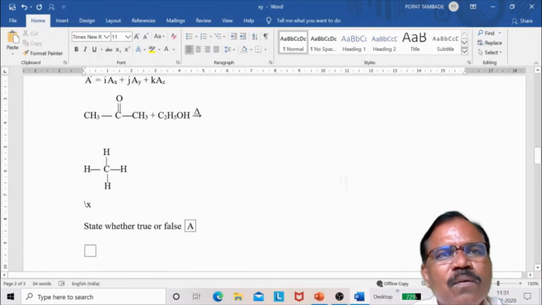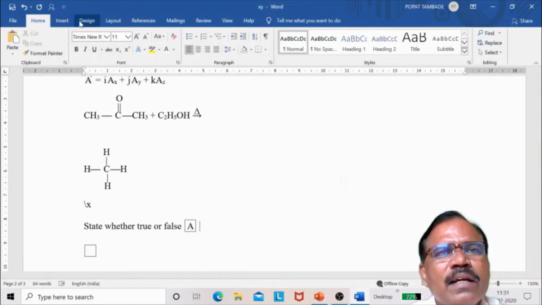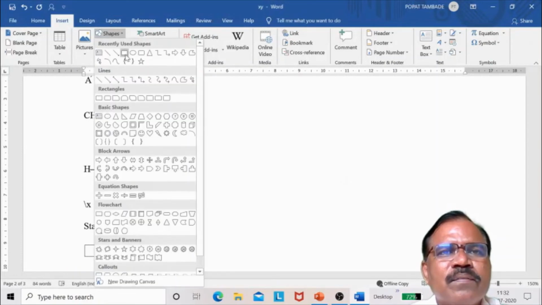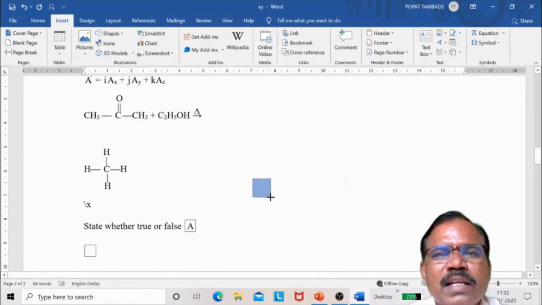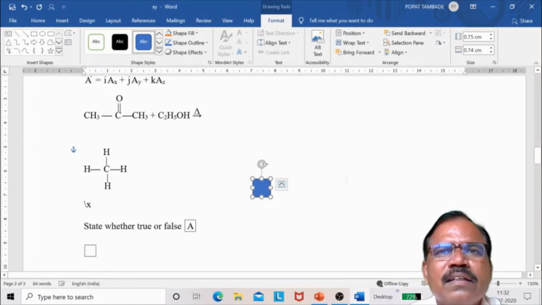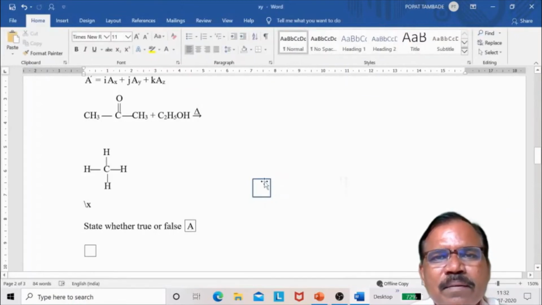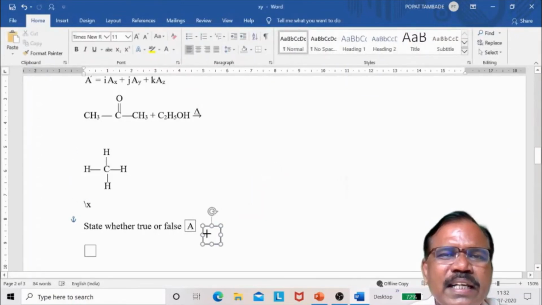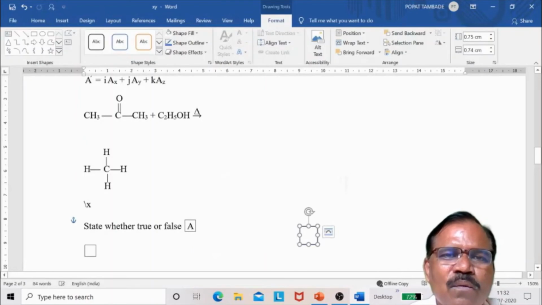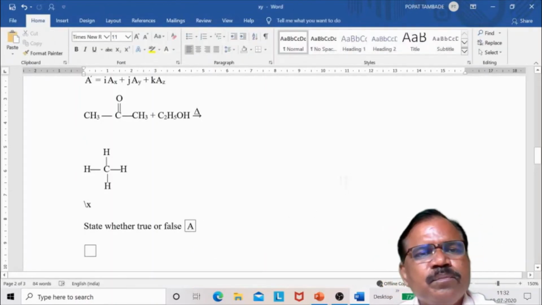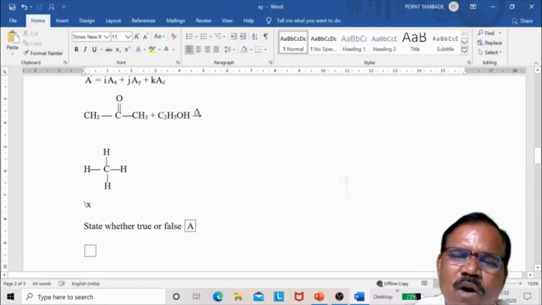Actually, what people do, they take a box from insert shapes. So they take a box like this. They make it fill color white like this. But what happens? This box during setting may go up, down, and so on. While this box, it remains on the line. Now this is about box.